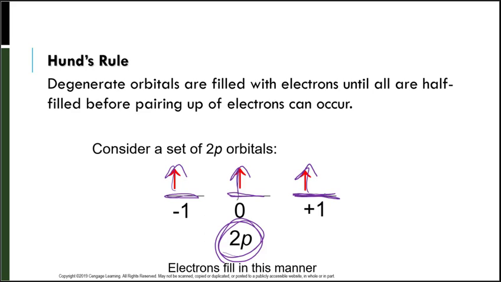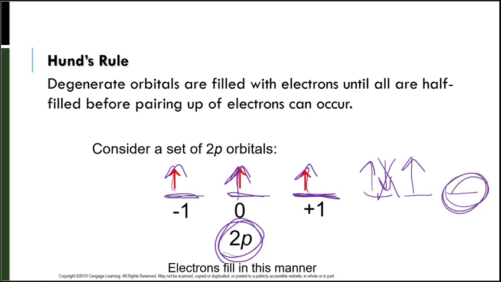People are going to sit in an empty seat before they sit with somebody else. So we would not fill it up like this. No, we don't want to pair up if there's an empty place for that electron to go. So we fill from left to right, and notice that we keep the same spin